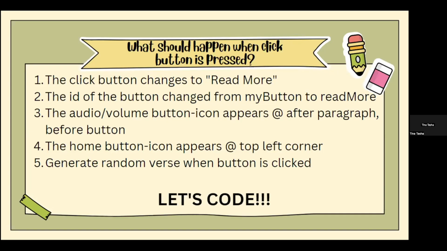The fourth thing that we need to do after our button is pressed is that the home button appears at the top left corner. So none of you remember this button, but I think it's because it's at the top left corner. It's not that easily visible, but that should happen. That's point number 4. And the last point, which everybody remembers, is that it generates a random verse when the button is clicked. Okay. So to start us off,